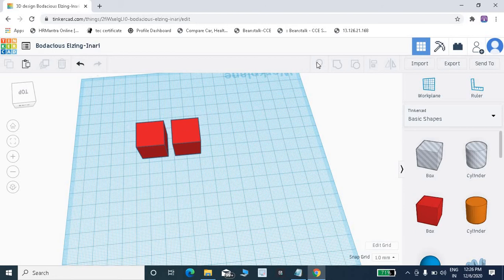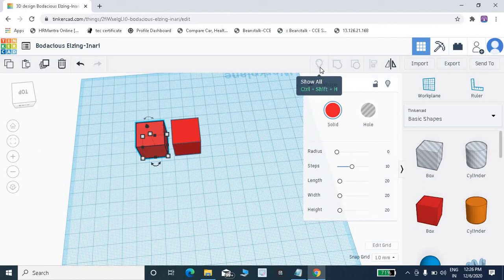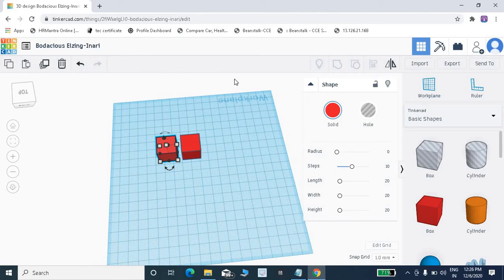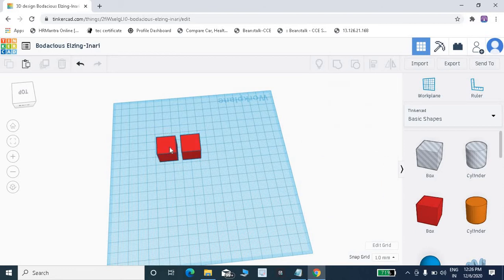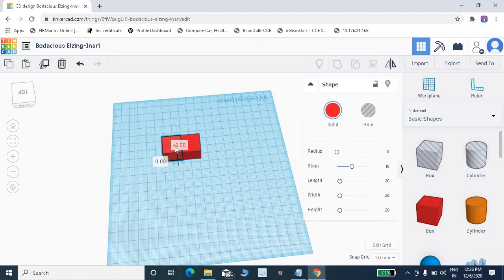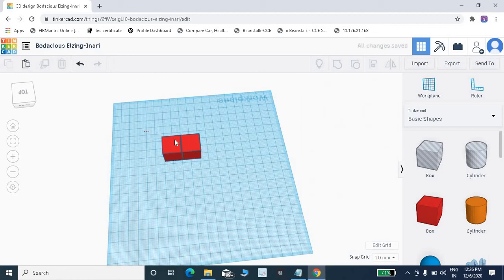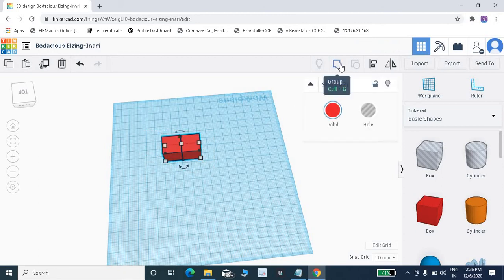The next one, show all. So if you created one design and you hid something, and you want to see all objects which are present on your work plane, you can use this feature, show all. And this one is group. So if you want to join these two objects together, for example, you have to join this one, just select both objects and click on the group command.